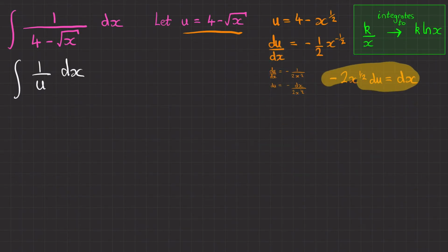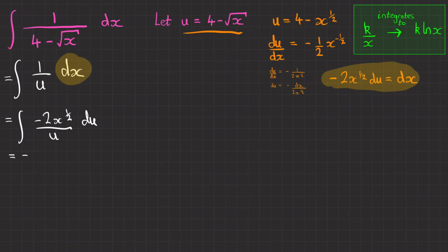So we need to substitute this in now. So we'll have equals minus 2x to the half all over u with respect to u. I'm going to take out the numerical factor of 2, so it equals minus 2 integral x to the half over u with respect to u. We still can't integrate because we've got this x value here and we're integrating with respect to u. So we need to replace this x value with the u equivalent, and to do that we'll use this u